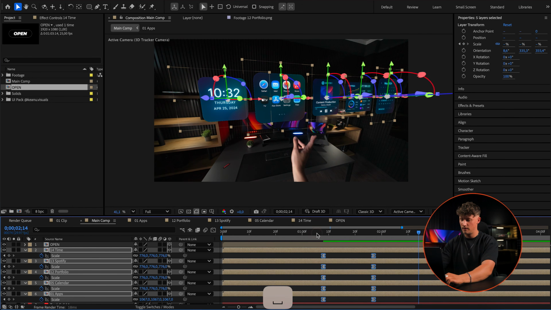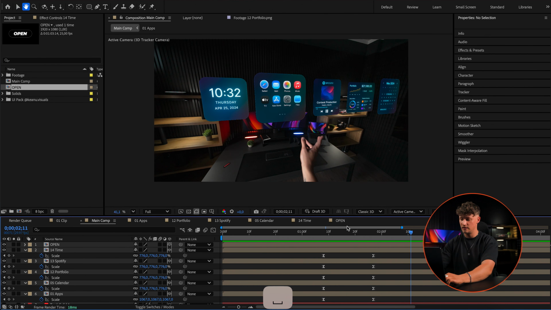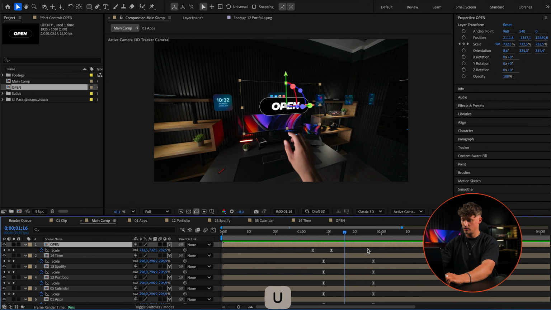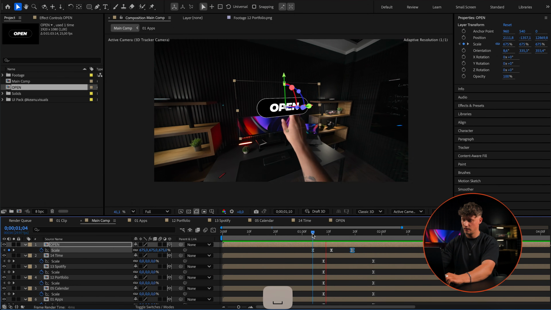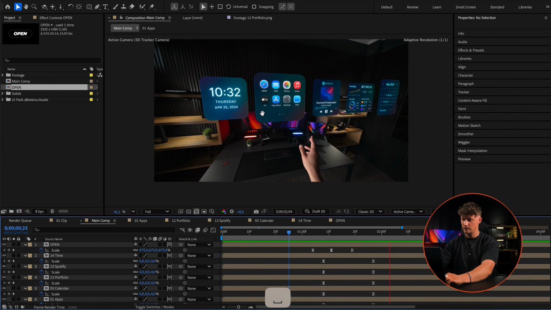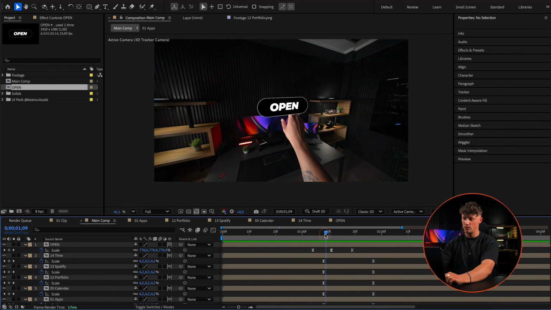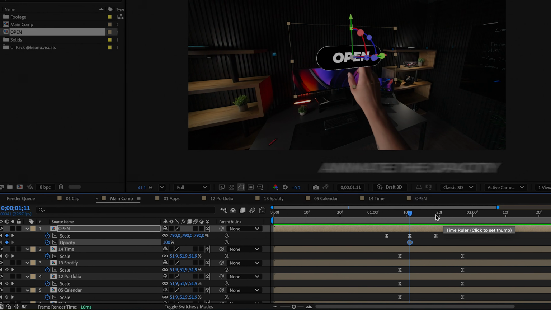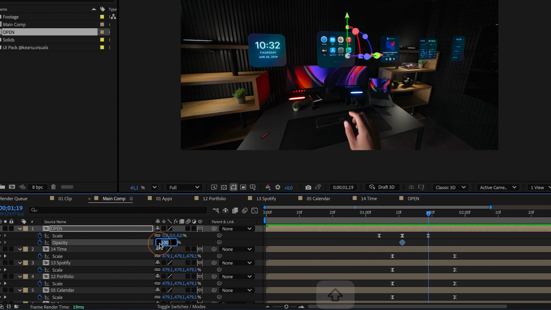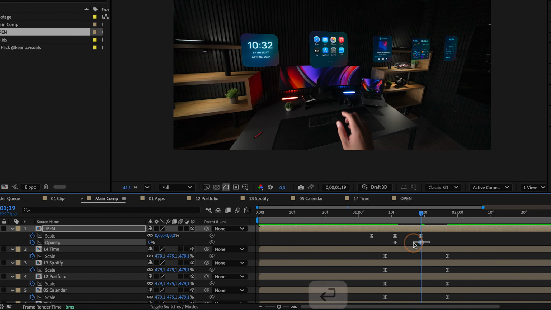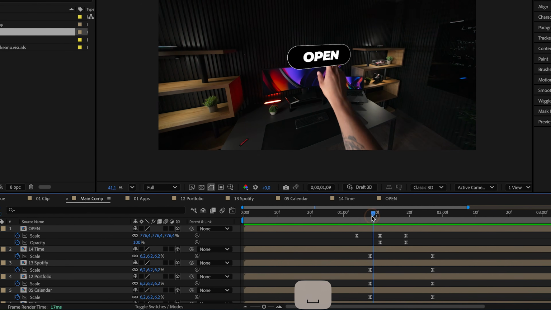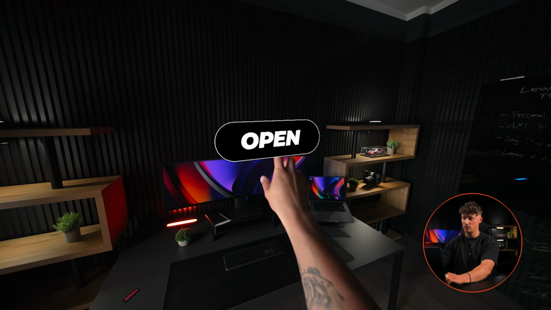And now they pop up like this. It's just scale animations here. And I think that looks pretty cool. Boom. And maybe this open animation could be a little bit quicker, so it doesn't interact too much with the one here. We can also animate now the opacity on the open button. So with U, we're bringing up all the keyframes, and here at the end, I want the opacity at 0 for that button, so it kind of faster disappears. And yes, that is cool.